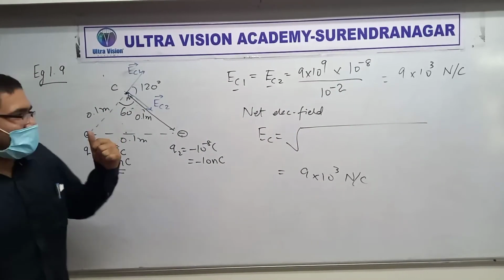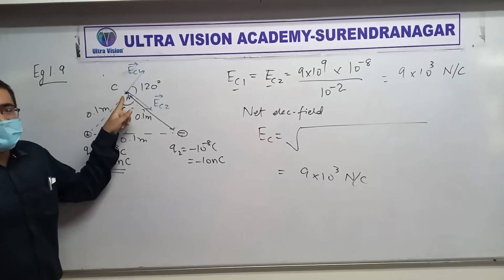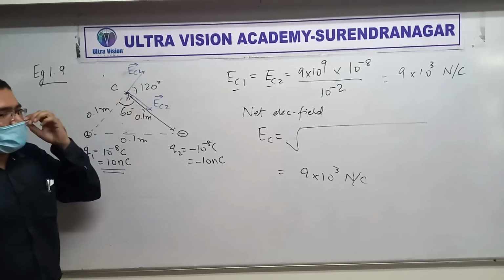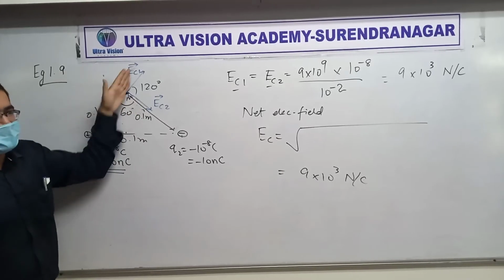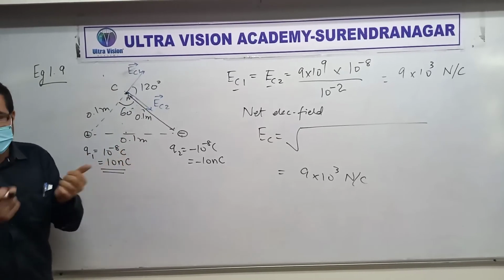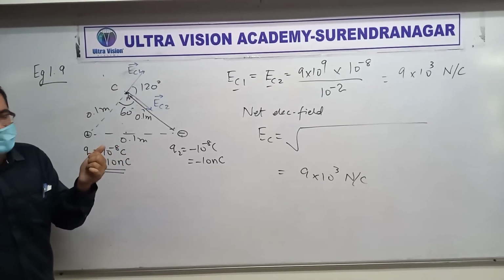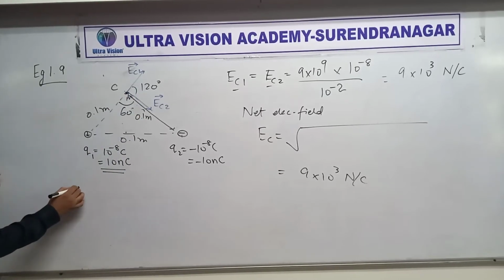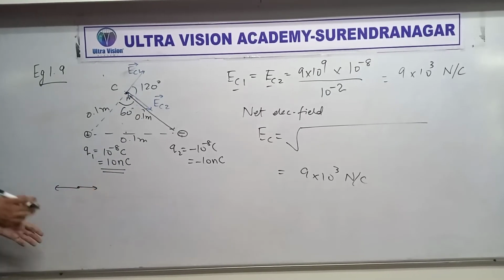Here's the procedure again. Look at the point. Then what to do? Draw arrows, because electric field is a vector. Here, here, like that, and any other point. Then see the directions, angles or something. If two vectors are simply in opposite direction, you can subtract their magnitudes, isn't it? Do you know that or not?